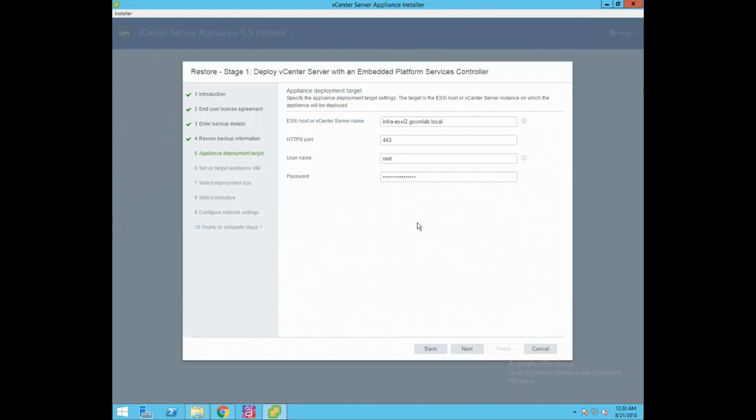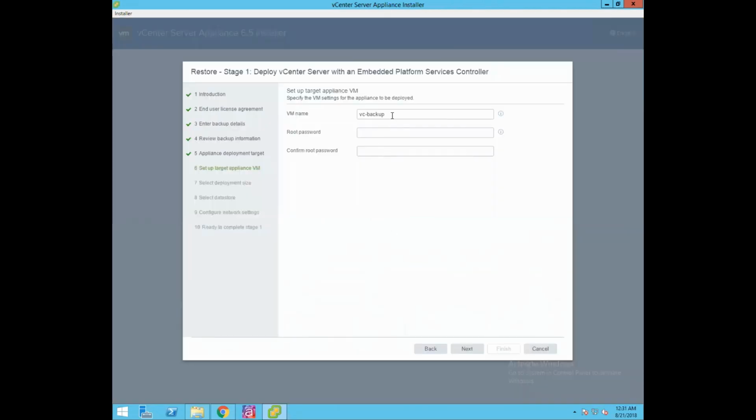So we have provided infra-ESXi2.govmlab.local as the target ESXi host where this appliance would be deployed, and the credentials of that host are root and the password we have configured for our ESXi host. Now it is trying to connect to the target server. Click on yes.